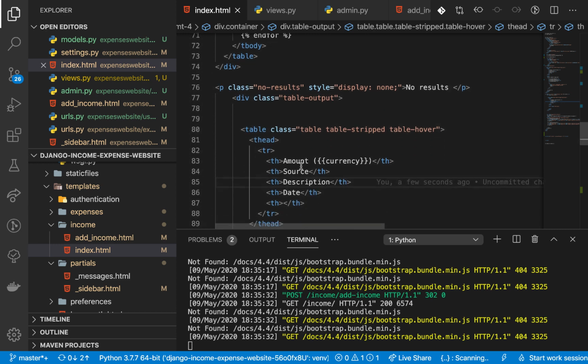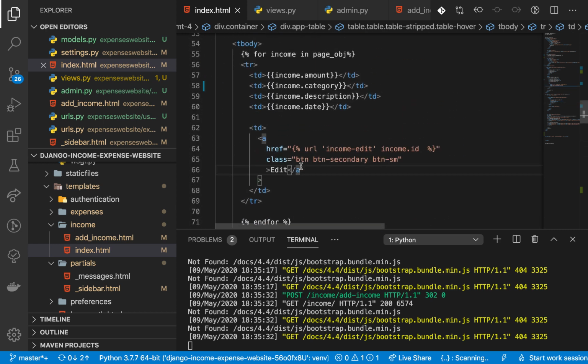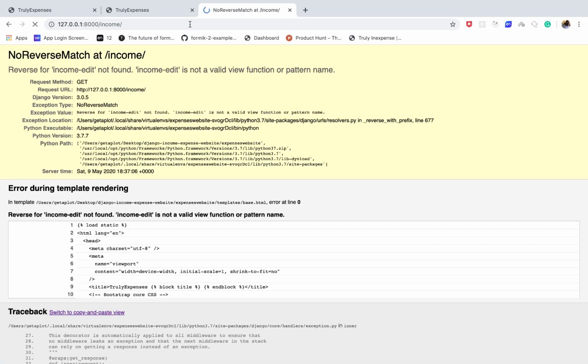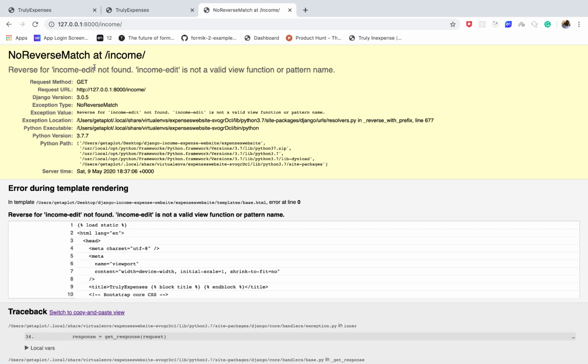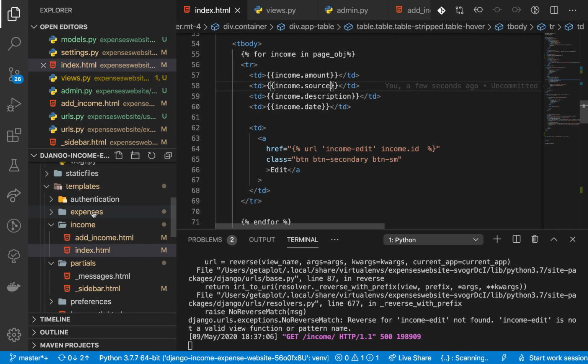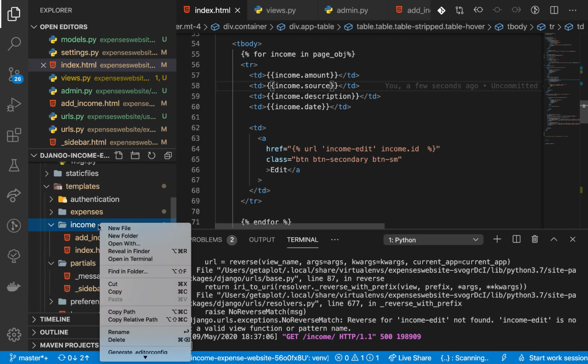Okay, so now I think we can test it out. So save it. Oh, we need to change this one to source. Okay, shouldn't forget that. Okay, so save it, come around and reload. And then it's complaining about the view for edit that we have not set up yet. So let's do that. So in our income, let's add another